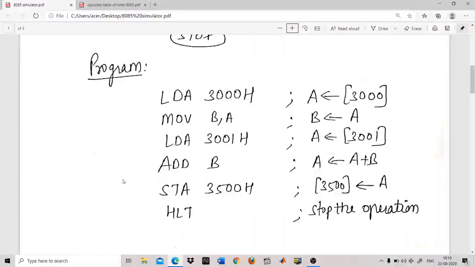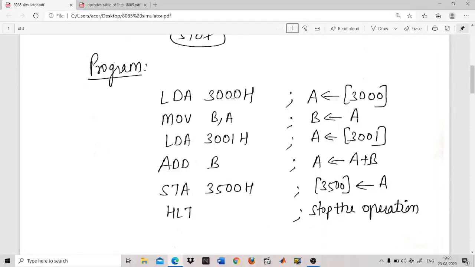Now after writing the program in 8085 language, you have to store this entire set of instructions in the RAM memory and perform the execution of this program. So how are you going to do it? There are two important steps you have to remember. The first thing is to store this entire set of instructions in the RAM memory, and then you have to store the input variables. First store all the instructions from the starting address, and after storing all the instructions, you have to store the input variables. In our case, there are two input variables.